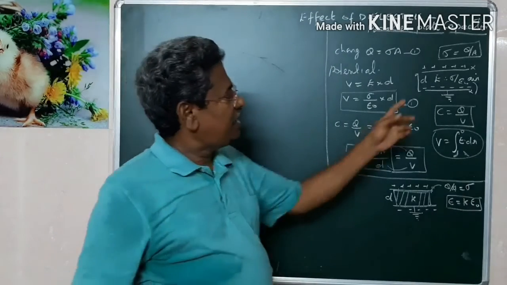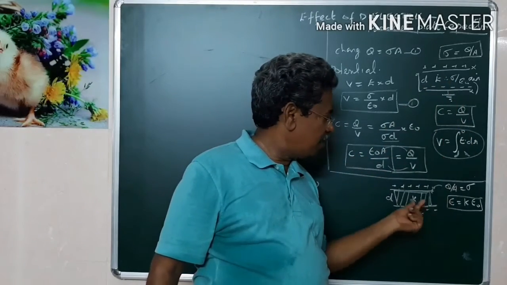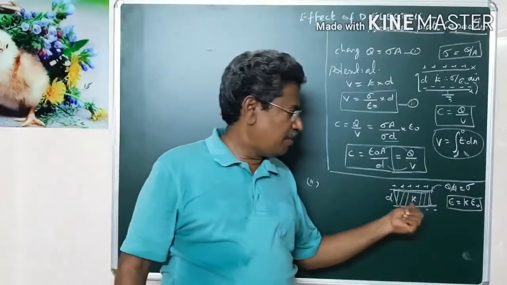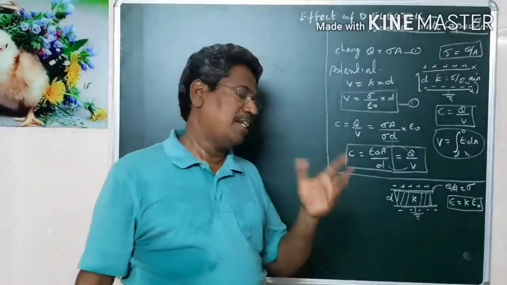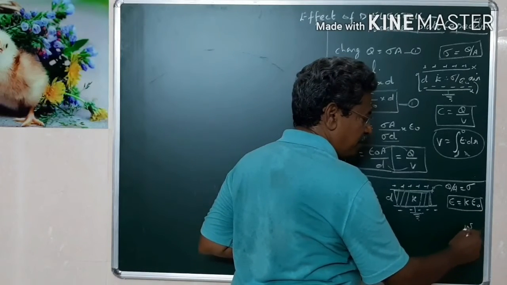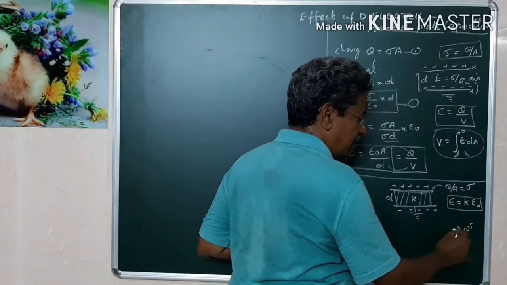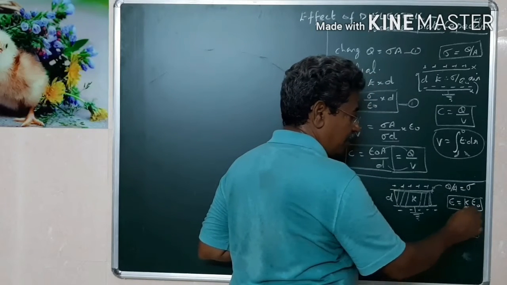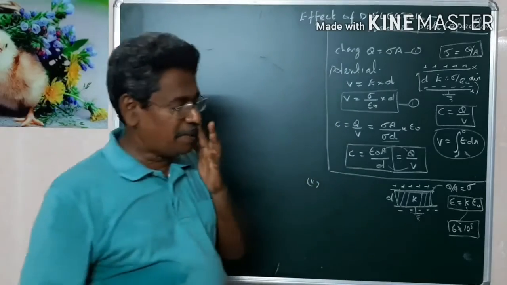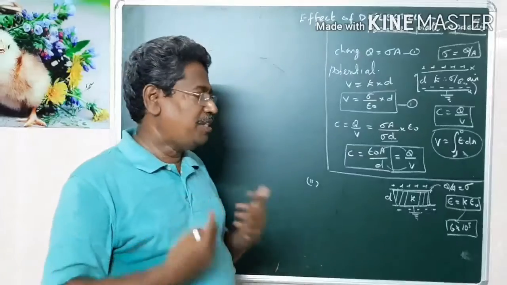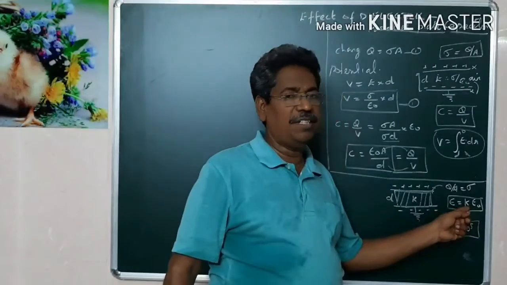Therefore, the dielectric strength for air will be roughly K times more for this dielectric material. When you introduce a dielectric material, dielectric strength increases. For example, for air, dielectric strength is 10 power 5. For a mica, the dielectric strength will be 6 times 10 power 5. Therefore, due to the introduction of the dielectric material, the dielectric strength will also increase. How much it increases is given by the term K.